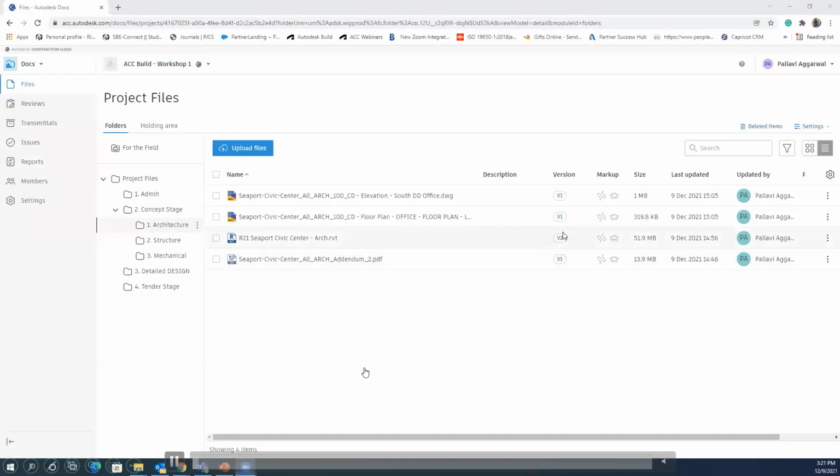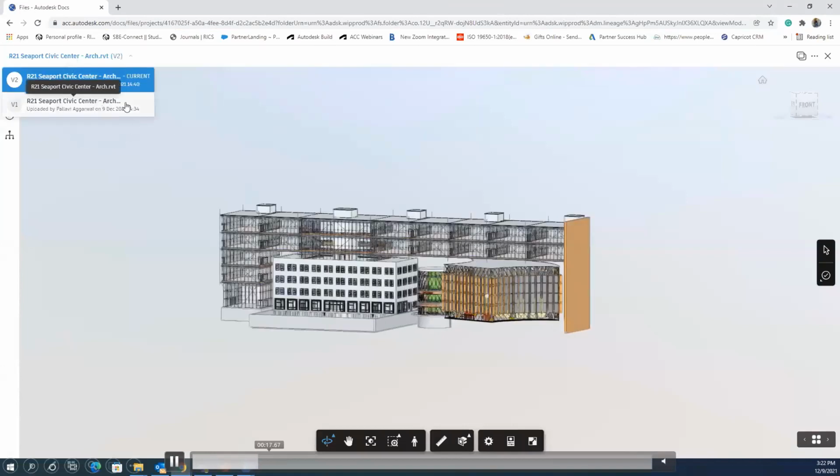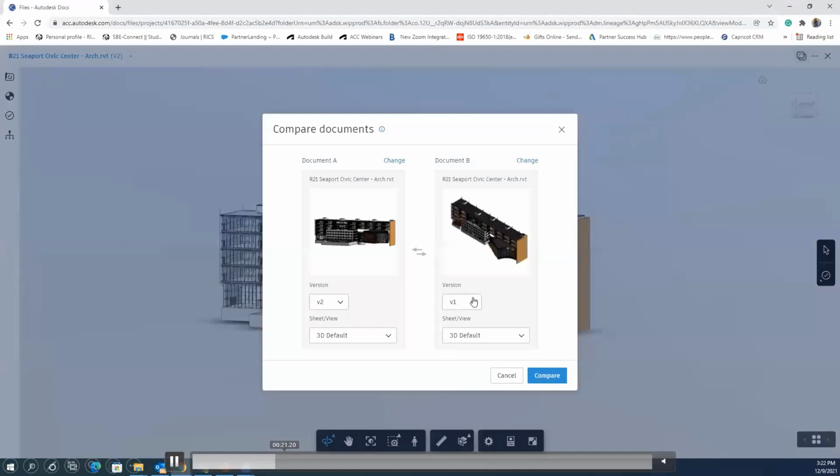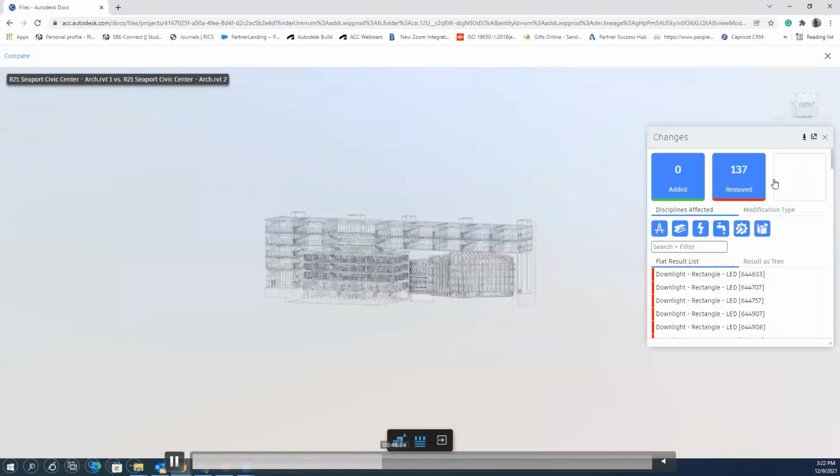Again, when we talk about versions or revisions, how do we compare a file across the different versions we were discussing? If there are two versions and you want to check what updates have happened from the previous file to the new file, you can simply compare any two files within the platform, and not just 3D models, it is both 2D and 3D. In this specific model, there are almost hundreds of changes.